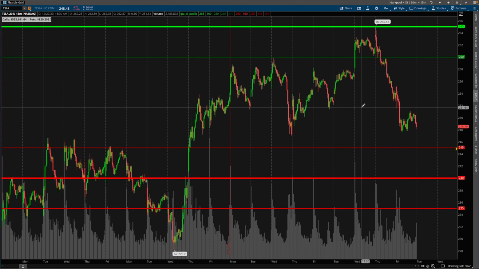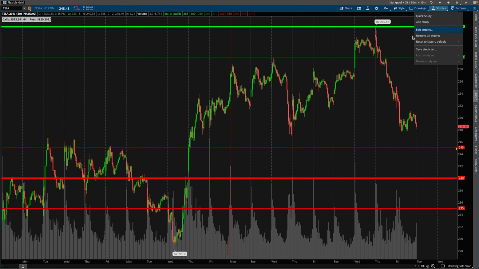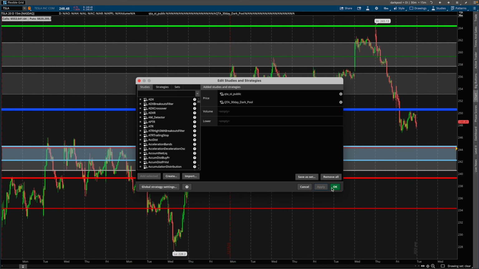So I recommend using it more as a reference tool to get an idea. In other words, let's just say it is Sunday night and you are doing your analysis for the upcoming week, and you want some sort of non-discretionary way to potentially draw support and resistance levels, supply and demand zones. You would install the Darkpool script. Let's turn it back on. Go here, double click this, just turn it right back on. Once it's on our chart,